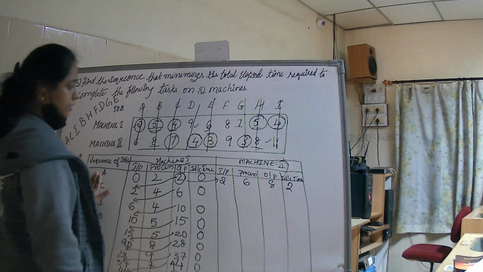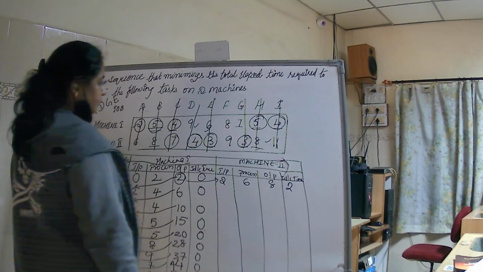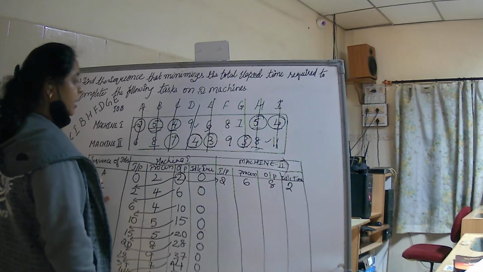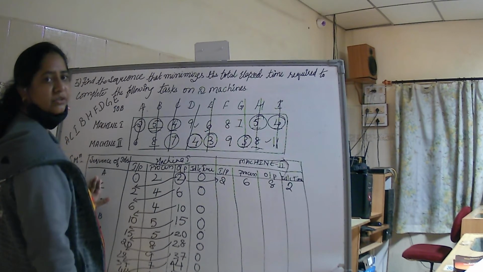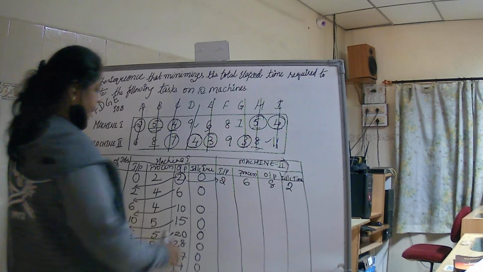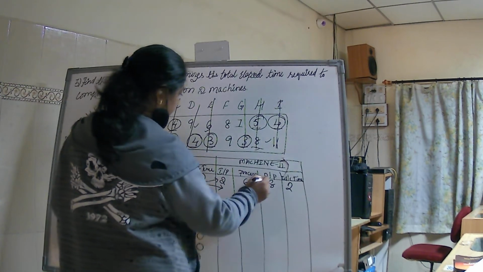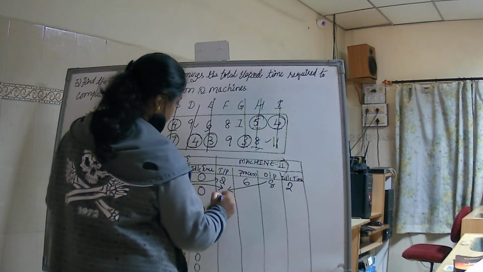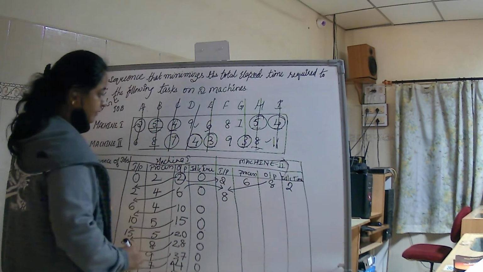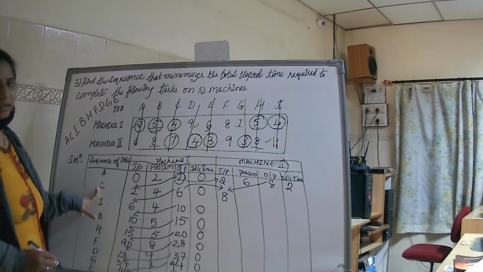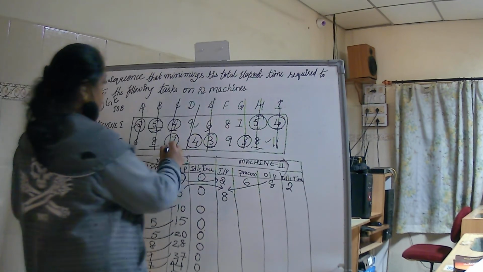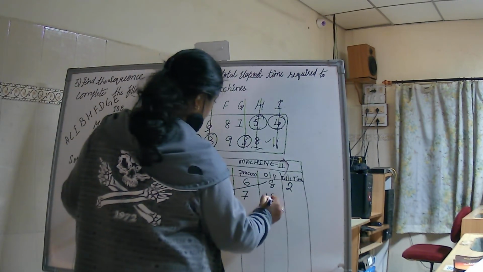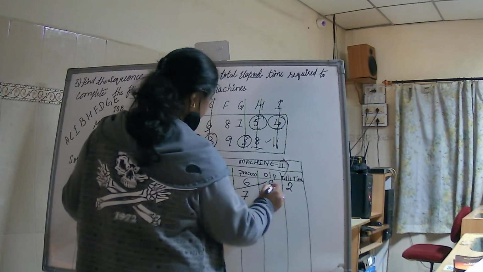Okay students, so this is the first value we got. Now you need to compare the machine 1 output and the machine 2 output and see which one is the maximum or the highest. You need to select that one as an input now. Okay, so here it is 6 and here it is 8. Machine 1 is 6, machine 2 is 8. So I take maximum as 8 here. The process value for C for machine 2 is 7. So here it becomes 50 and idle value will be 0.